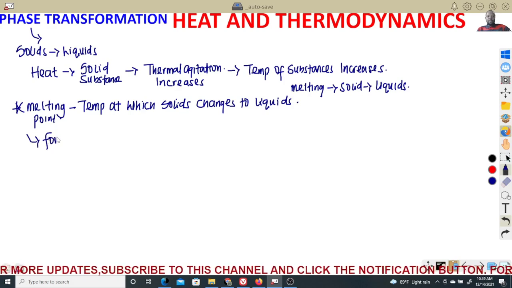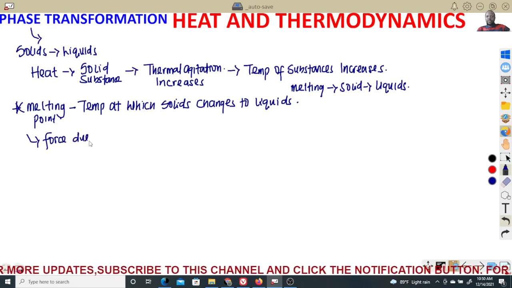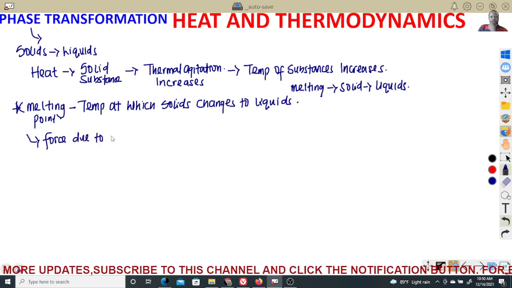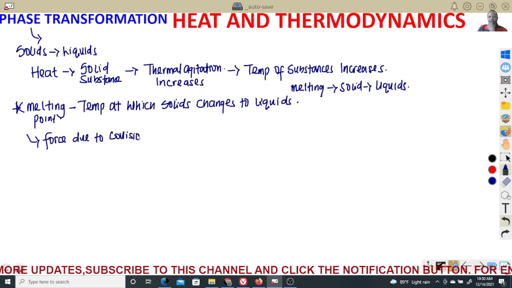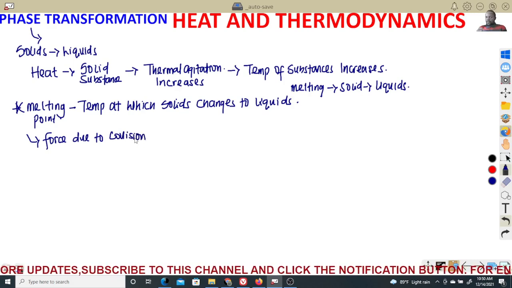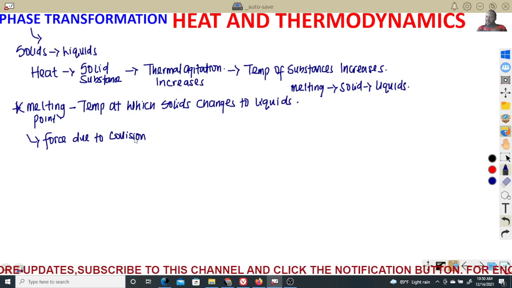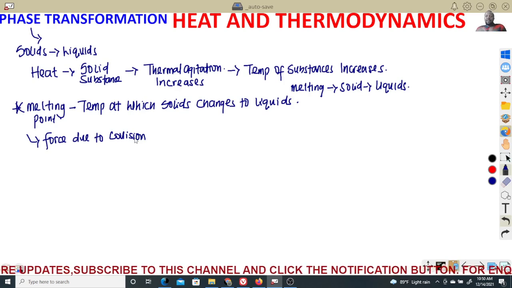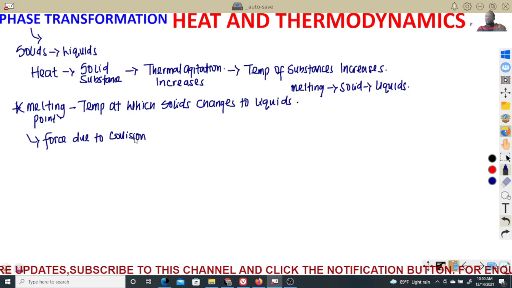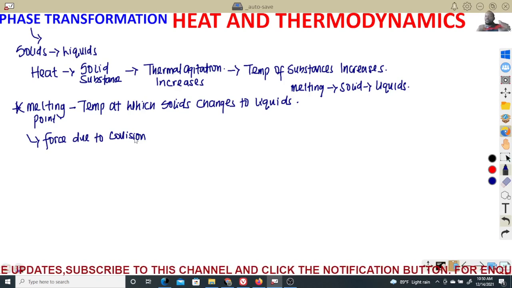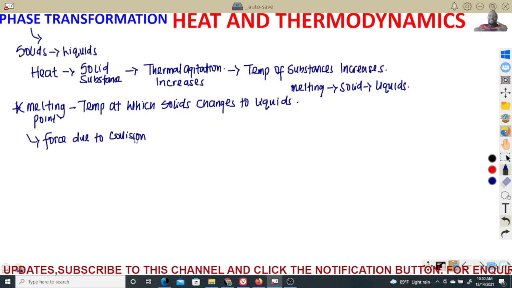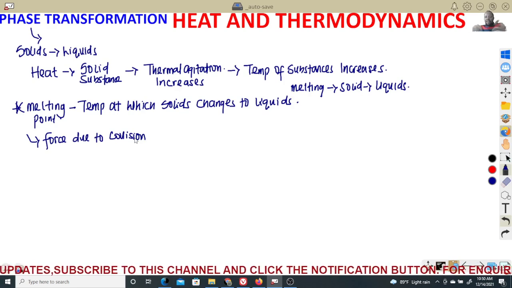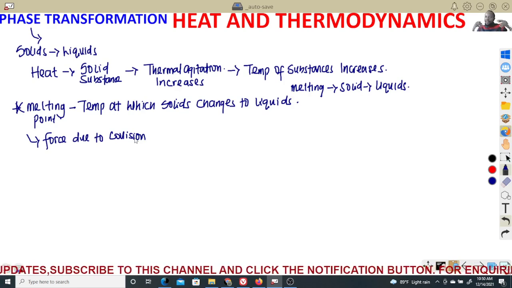Now, the force due to collision of solid substances: there are forces of attraction, and thermal agitation energy, between the particles of solid substances. Now, what do they continue to do? They continue to collide with each other, even at low velocity, because they are solid substances. Now, the force due to collision continues to increase as the temperature increases, as we try to